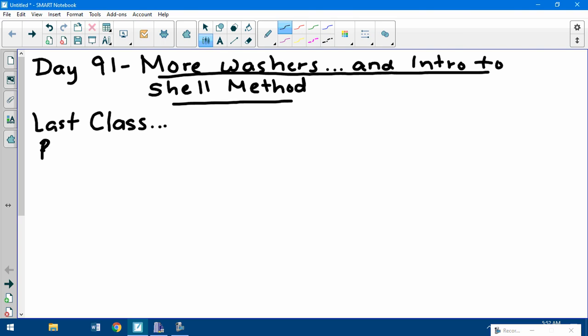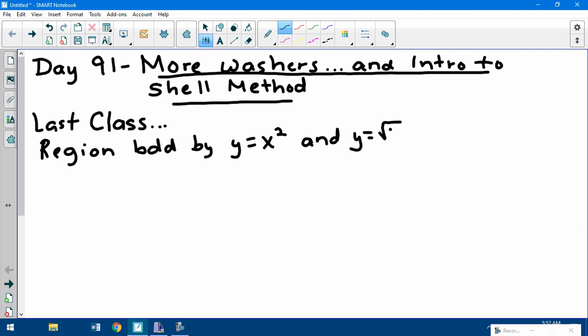That region we were talking about yesterday was the region bounded by y equals x squared and y equals radical x. We're going to find the volume when it's revolved about